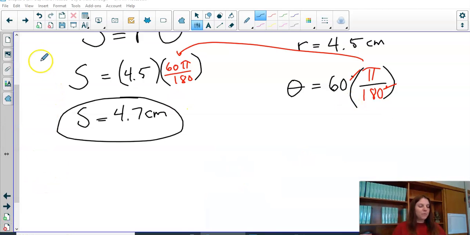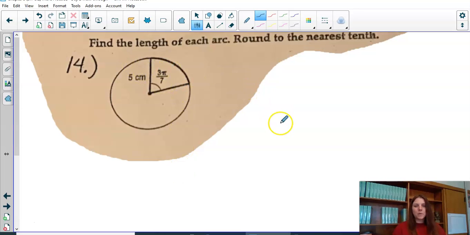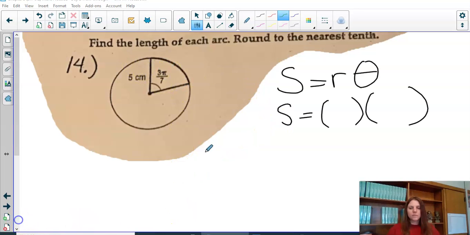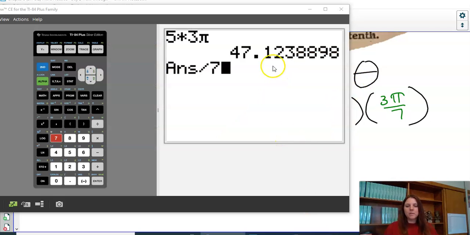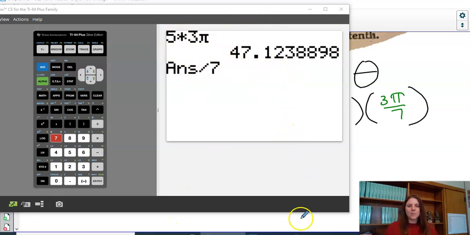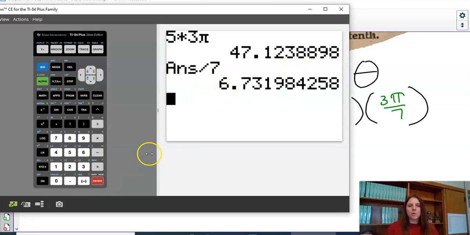So now you should be flipping the paper over, and we're going to look at those 2 questions at the top. These are just general finding the arc length formulas. So again, these are going to be S equals R theta. In this example, you were given both the radius and the angle in radians, so you can just plug it into the equation. The directions do say to round to the nearest tenth, so I typed in the 5 times 3 times pi, and then I'm about to divide by 7. So remember to hit enter after you type in that numerator. So I'm going to hit enter, and it says to the nearest tenth, so I'm going to round it to 6.7